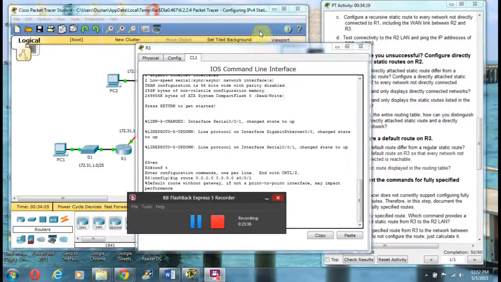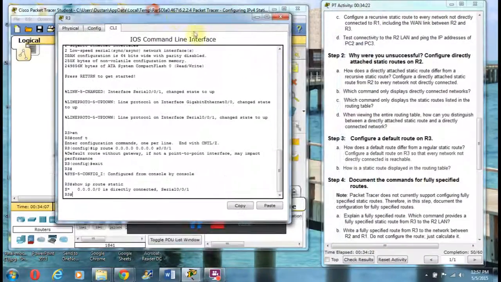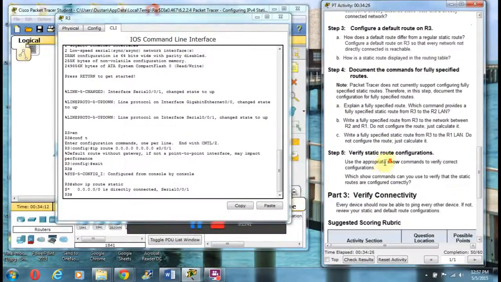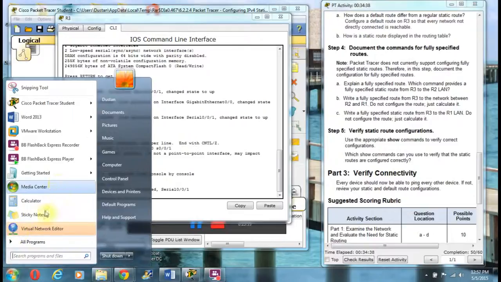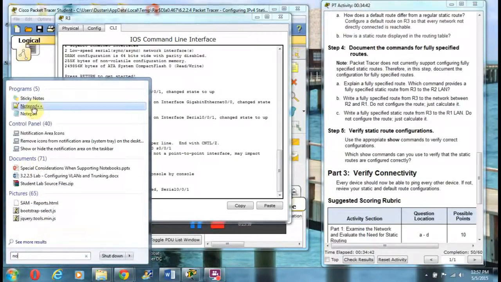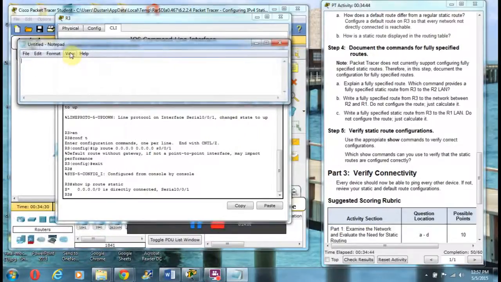Okay, so for our next step, we want to pretty much verify static route configurations. Use the appropriate show commands to verify configurations, and we're going to have to do Notepad on this again, just to show you an example of how it works. And the commands that